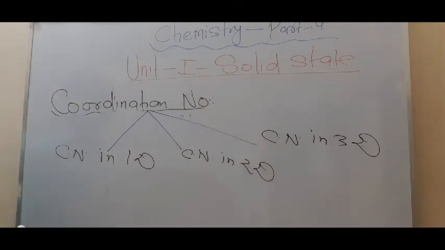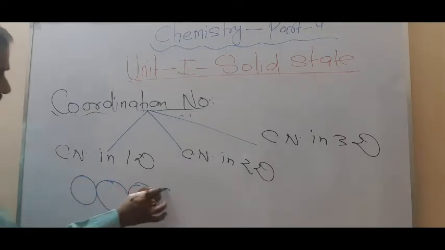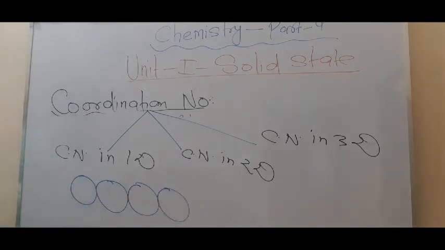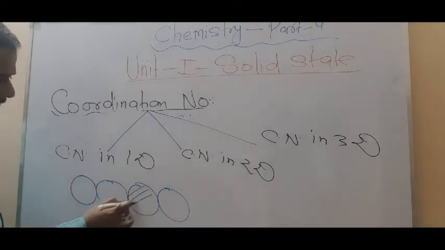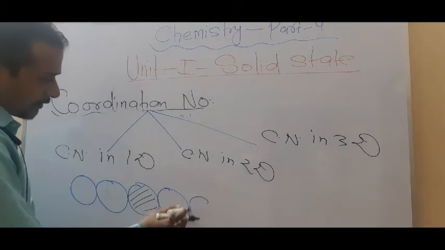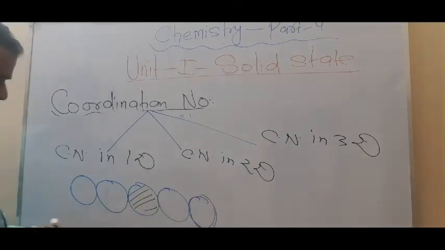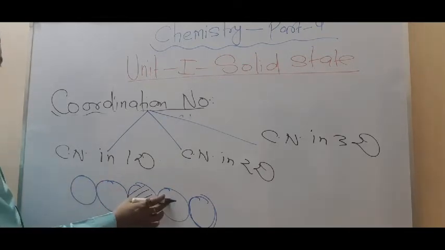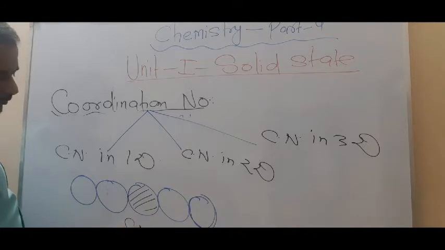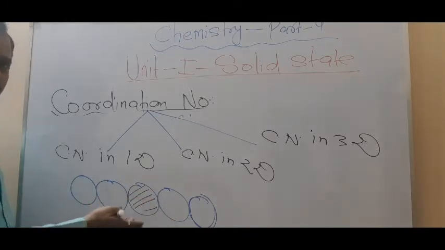So how can we define the coordination number in one dimension? Look here, you make one row like this. This is the middle circle, and you can make one more circle on each side, touching each other. The middle sphere is touched by 2 spheres, so the coordination number in one dimension is equal to 2, because one sphere touches 2 spheres, one there and one here. Are you getting this point or not?